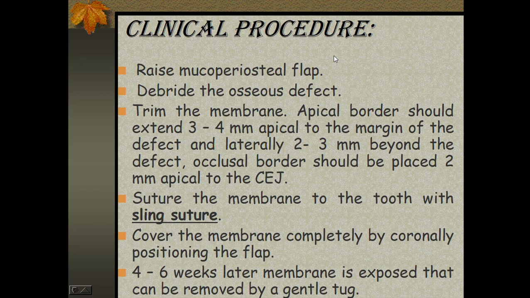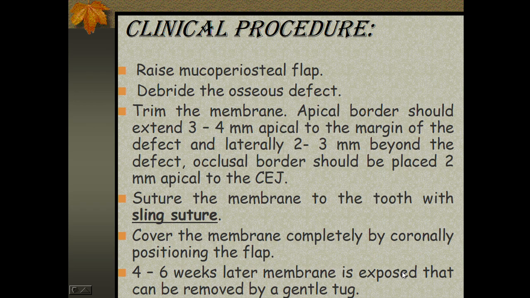Now coming on to the clinical procedure: raise the mucoperiosteal flap, debride the osseous defect, trim the membrane. The apical border should extend 3 to 4 mm apical to the margin of the defect and laterally 2 to 3 mm beyond the defect. The occlusal border should be placed 2 mm apical to the cemento-enamel junction. Then a sling suture is given to secure the membrane and it is covered with a coronally advanced flap, and after 4 to 6 weeks